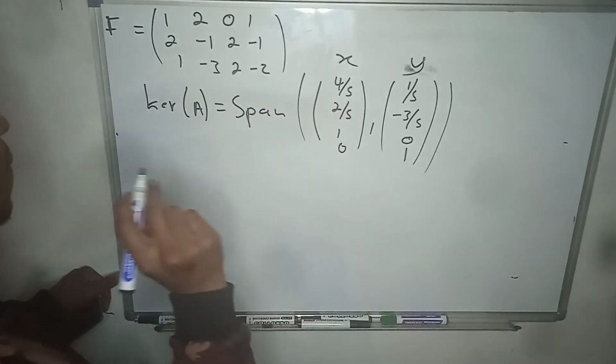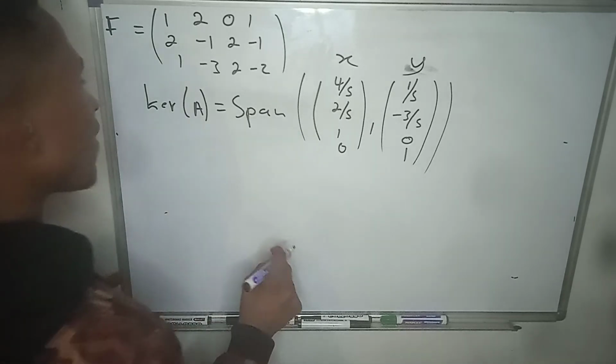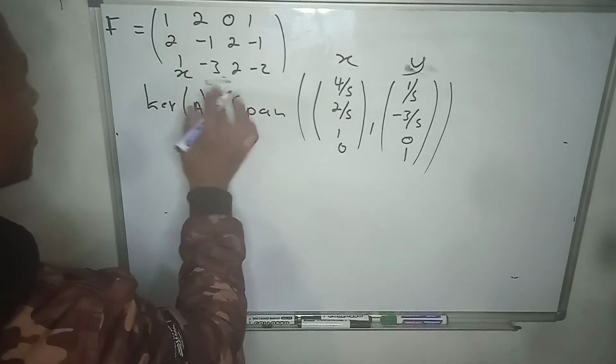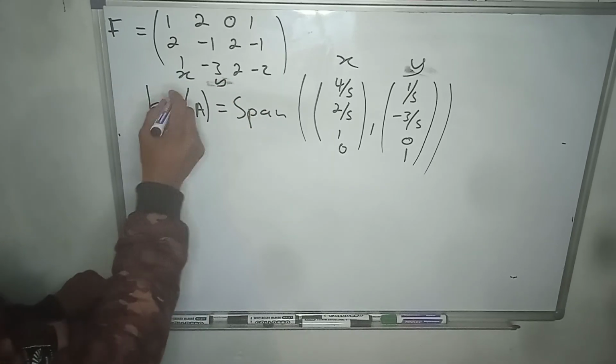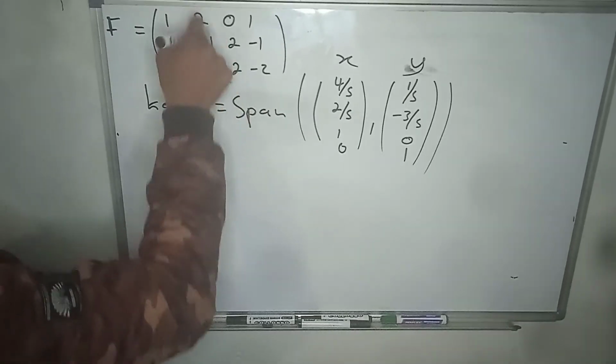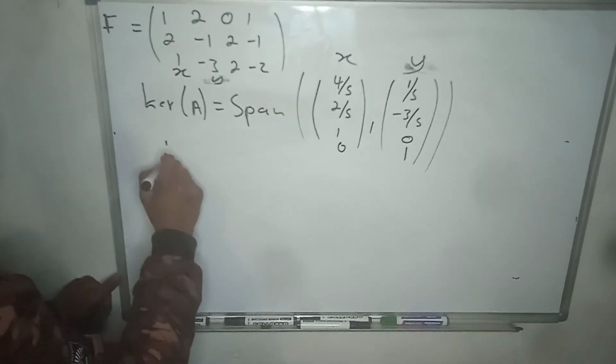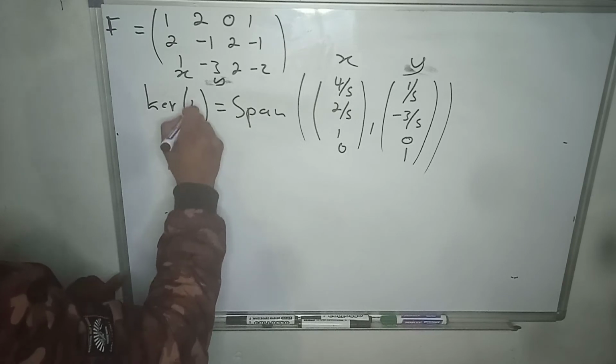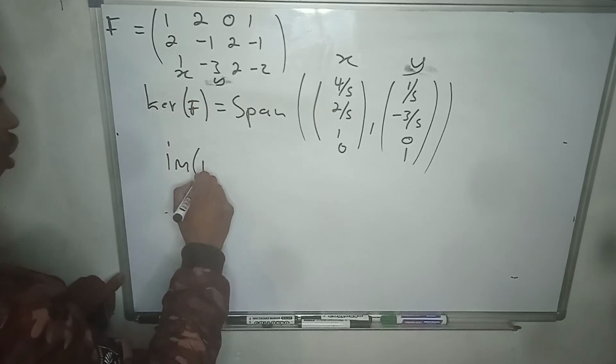I said that x and y are pivot variables. Where do we find x and y? First and second columns. So this is the first and this is the second column. So the image of A, sorry, it's F. So the image of F